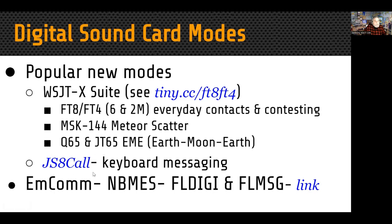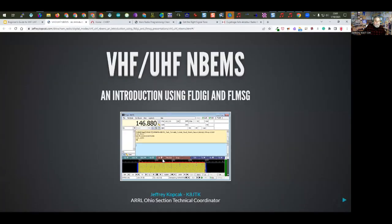If you're interested in a digital mode that allows you to do keyboard messaging that's not limited to 14 characters like FT8 is, JS8Call is a version of FT8 built on the FT8 engine, and it lets you do longer transmissions. Some groups for MARS/COMM use narrowband messaging using Fldigi and Flmsg. Now these can be done with acoustical coupling, but you get much better results if you use a sound card interface. And here's a link on setting up for these narrowband modes from Jeff, JTK,